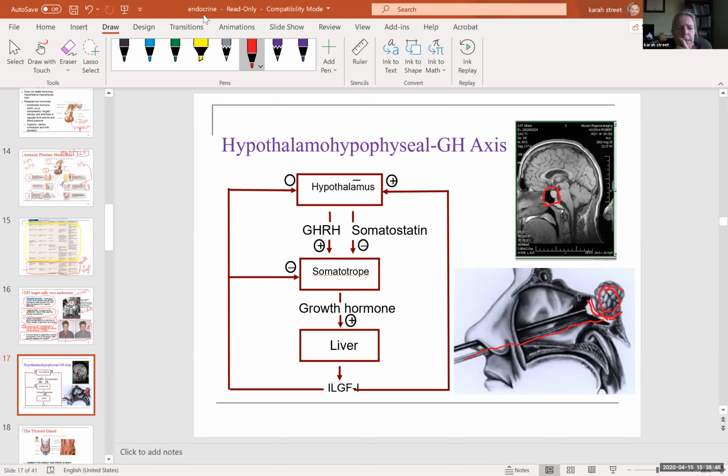So earlier, I started to tell you that most hormones are regulated through negative feedback mechanisms. And I would like to just give you an example of that right now. So let's say the hypothalamus wants to tell the anterior pituitary, where the somatotropes are, hey, this body needs to grow. So the hypothalamus releases a hormone called GHRH, and it stands for growth hormone releasing hormone. This is the hypothalamus's way of saying, hey, anterior pituitary, we need some action in this body. So the hypothalamus is now giving permission, that's what we mean by the plus, to the anterior pituitary to release